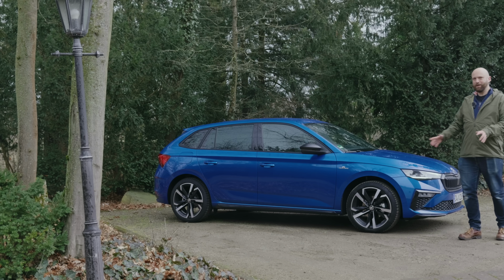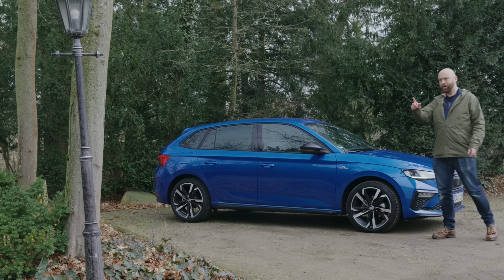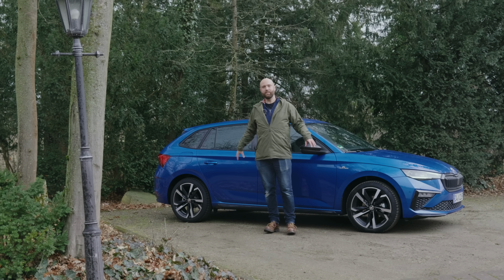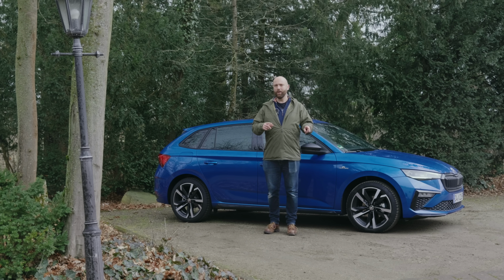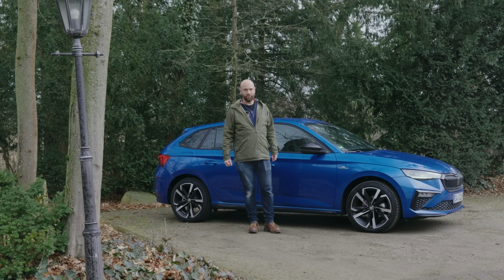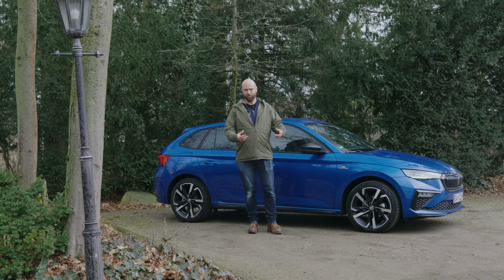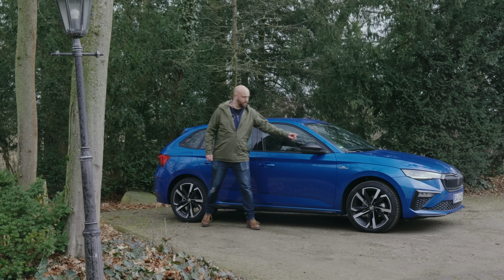Now, do you see what I mean about it being halfway between a hatchback and an estate car? As you can tell, because I've parked it next to a regulation-sized German lamppost, this is 4.36 meters long. So it's 20 centimeters longer than a Fabia, but 30 centimeters, something like that, shorter than an Octavia. And because this is top spec Monte Carlo one, it comes on big-ish 18-inch wheels, and the wheels have all been redesigned as part of the facelift. As you might imagine, because this is a Monte Carlo one, you also get black mirror caps,